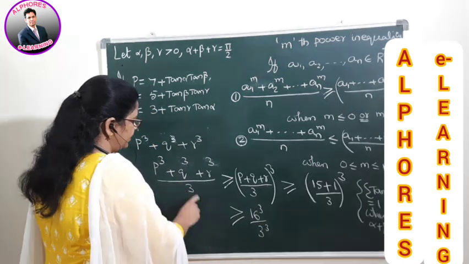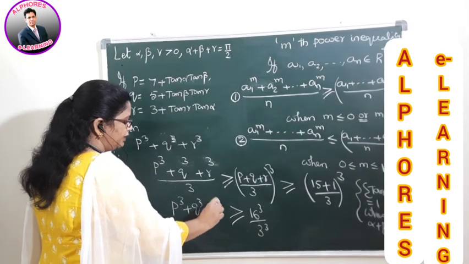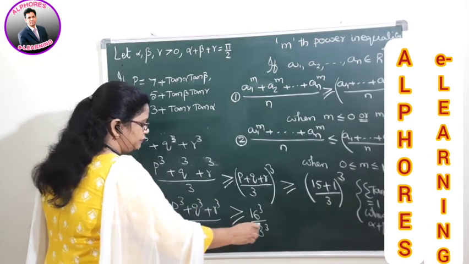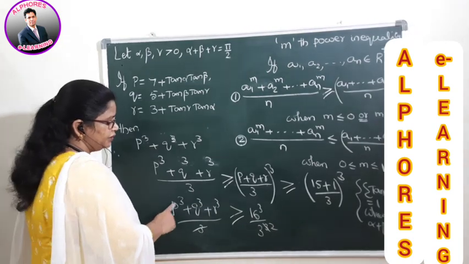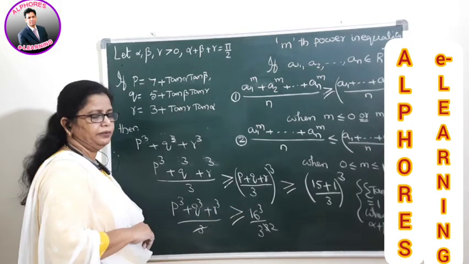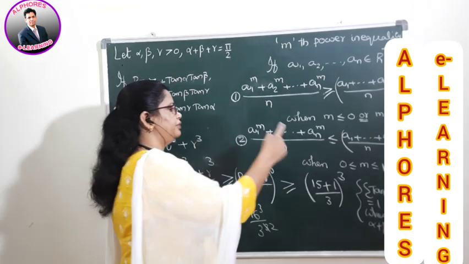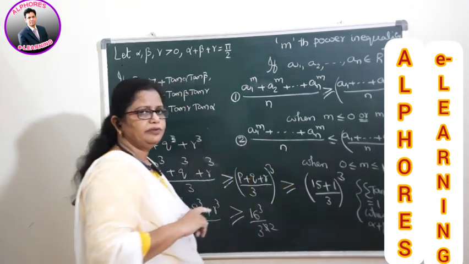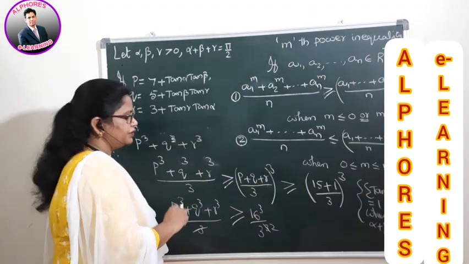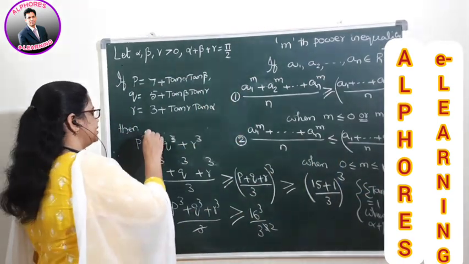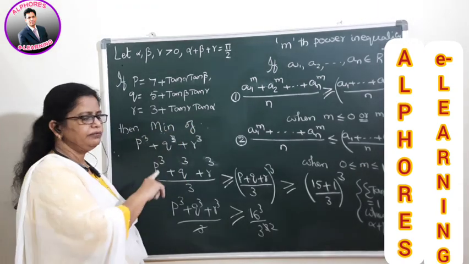Okay. Now if you cancel here, that is (P cube plus Q cube plus R cube) divided by 3. So 1 by 3, if you cancel, as it is a positive value, the inequality remains the same. So now you got here the minimum value. Earlier we got which kind of value? Maximum. Because of what reason? The less than or equal to symbol is there when m is in between 0 and 1. So that you got the maximum value, whereas here now you are going to get which kind of value? The minimum value of this one.